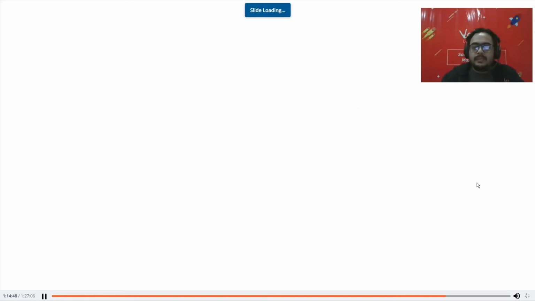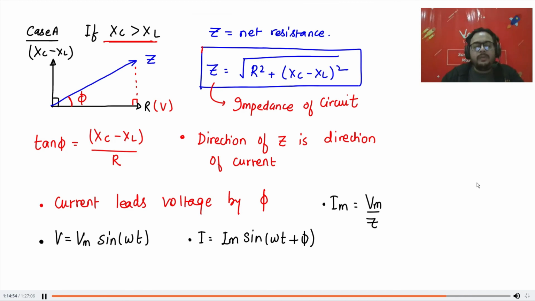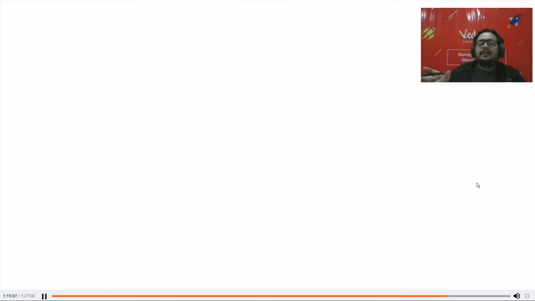Yes, Gautam, yes. Manisha, don't get into that. Don't get so worried. If you confuse yourself, you will not understand anything. Basically, this was current in the resistor, this was current in the capacitor, and downward was current in the inductor. So the net is coming there, so that is the net current, obviously. If you are getting confused, just remember it.